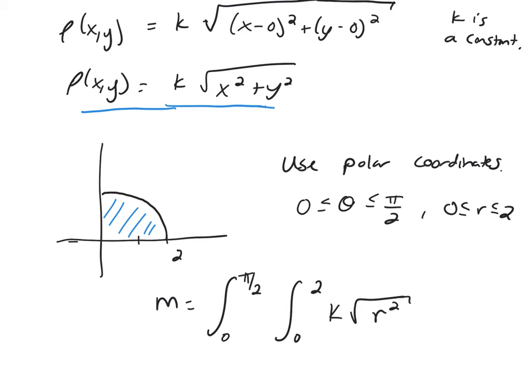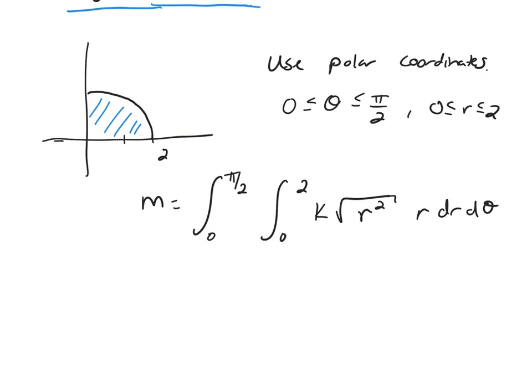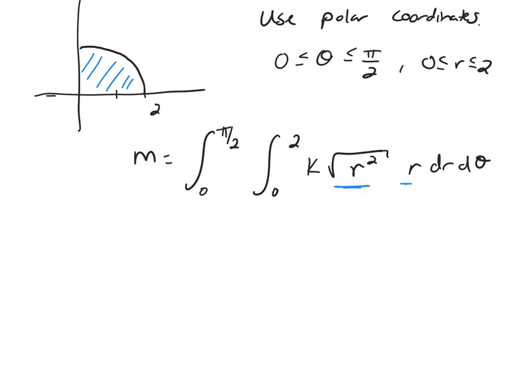And because we're switching to polar, remember we get an r dr d theta. So the square root of r squared is just going to be r. So this whole thing simplifies to r, but then there's an r right there. So I'm getting m, it's the integral from 0 to pi over 2, 0 to 2, k r squared dr